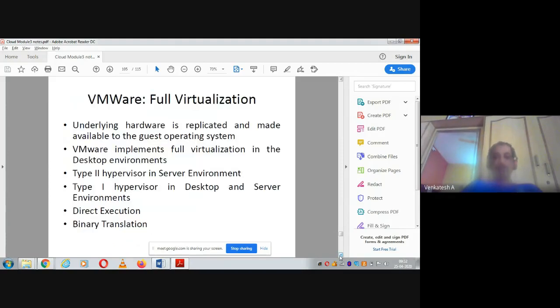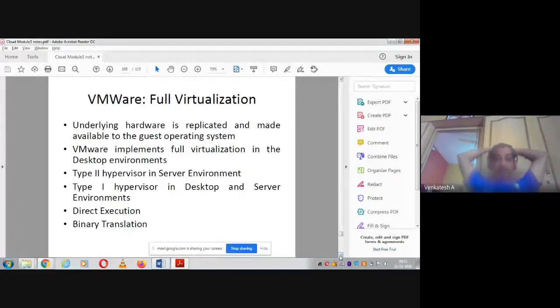Okay, now let's see VMware full virtualization. So Xen is paravirtualization, and VMware is full virtualization. Now we'll see how VMware supports full virtualization. As we know, we also use VMware in academics. Underlying hardware is replicated and made available to the guest operating system.